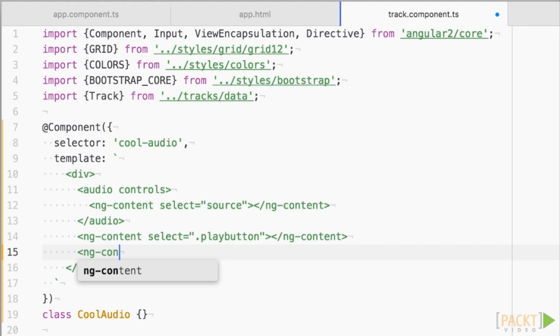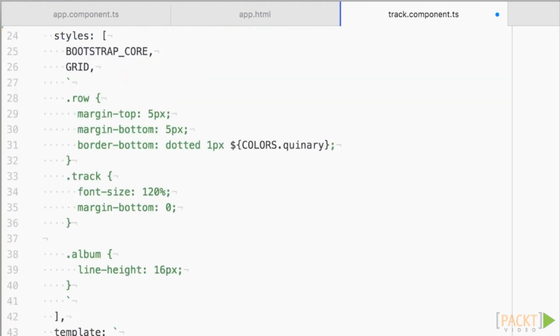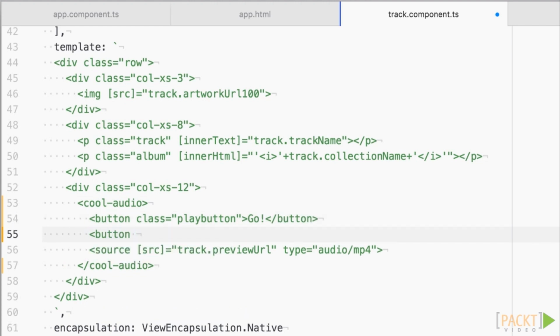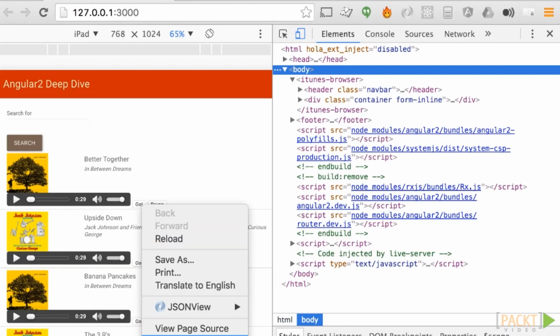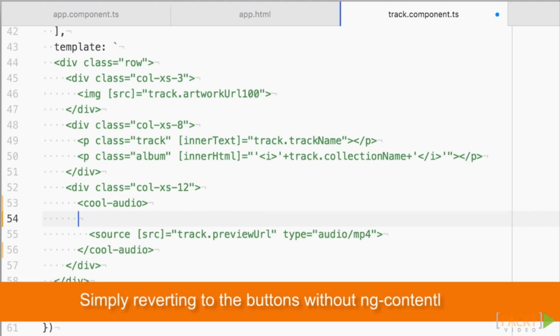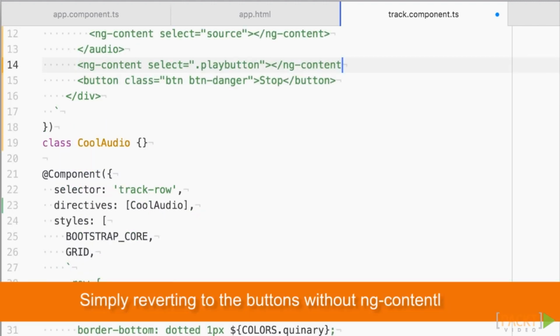And let's have a third one with square brackets stop-button. So that will match elements that have that attribute. Now in the track row template within the cool-audio element, we can add a button with class play-button and another one with attribute stop-button, and they will be projected into their respective ng-content. Note as we inspect the DOM that the ng-content elements are not present anymore. They get replaced with their content. So in this way we will be able to compose components with other components, and that's the purpose of content